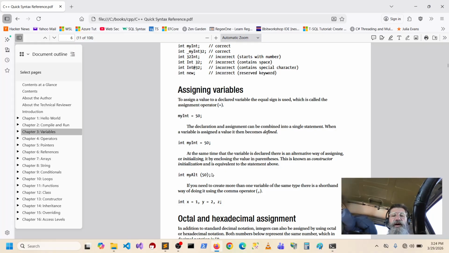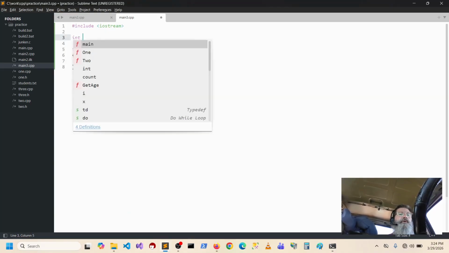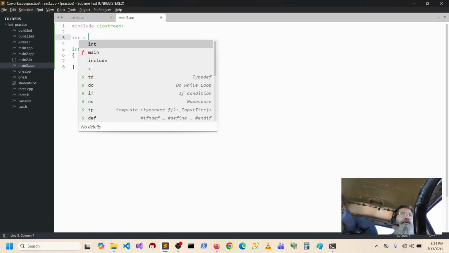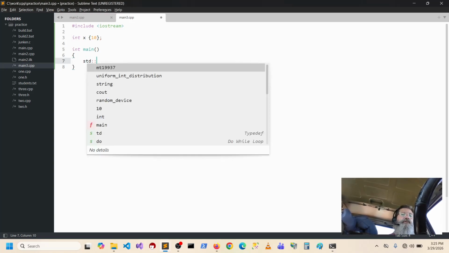But what was it? Nowadays, this is an old book, but nowadays you even have that other one. What's the other one? The curly brace or something like that. I think it's the curly brace. This one here. So we can say int x, like that, 10. And is that a global variable in C++?